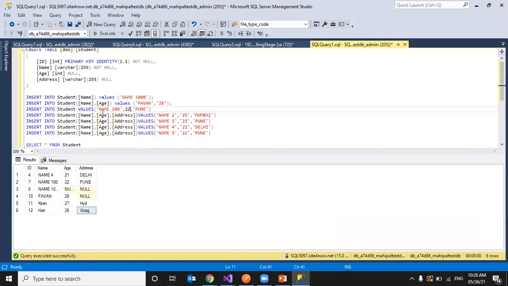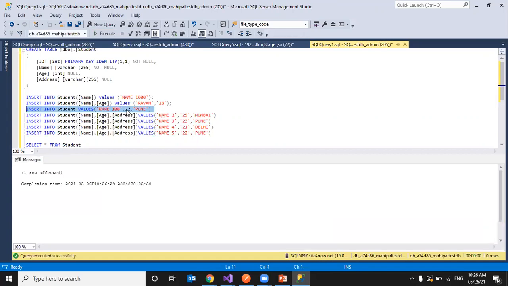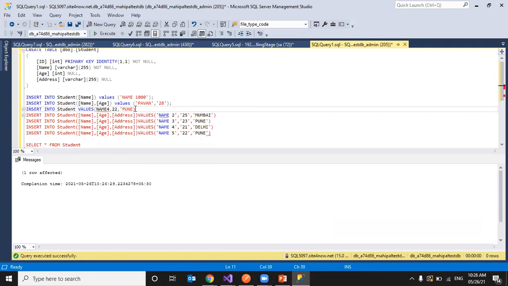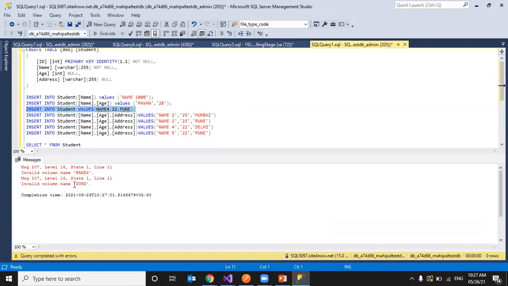I have one doubt. Let me check this. Even though I give a single quote, it executed. Without a single quote, let me check that: without giving a single quote to the name, like name for and Pune, we can see here, invalid column name Pune.